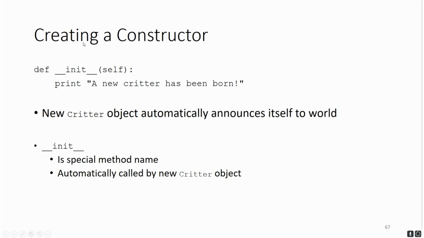Now, to create a constructor is basically just like I said. You define, then double underscore init double underscore, self, and then colon, just like a function, except the function name should be equal to this init with double underscores at the beginning and